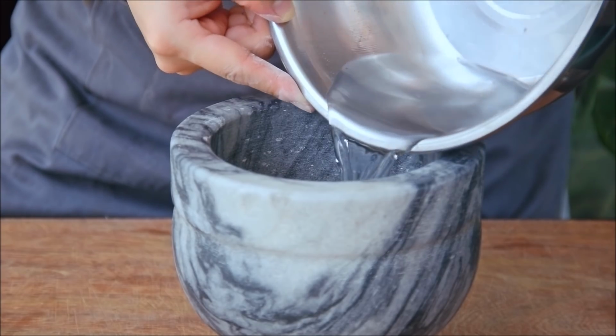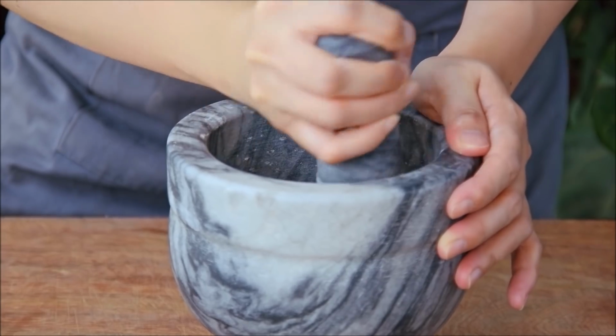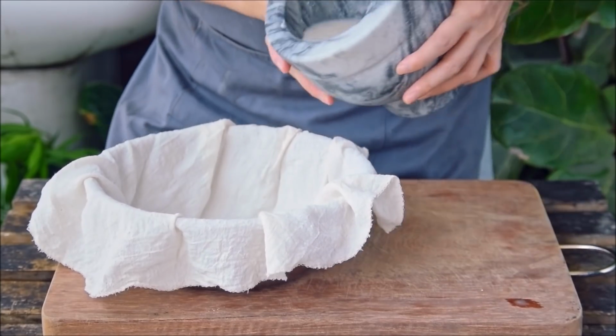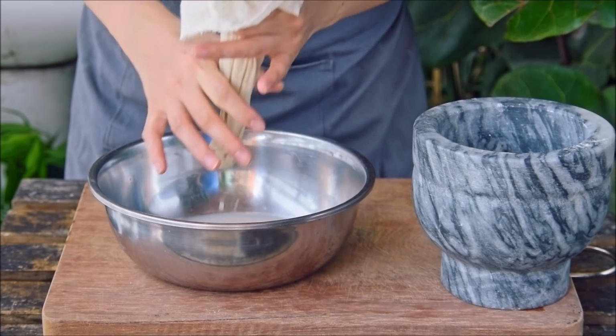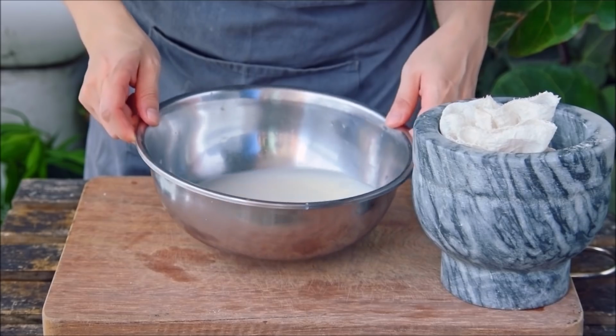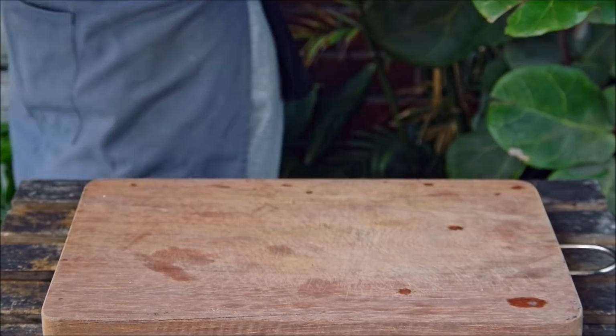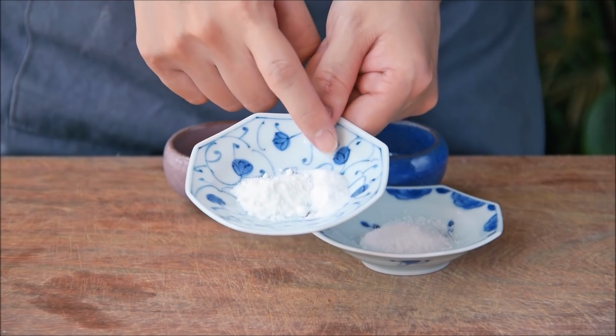So then to those 10 grams of cuttlefish bones, add in your water and continue to pound that together for about a minute. Then pour that through a tofu cheesecloth and squeeze out any excess liquid. Now again, if you can't find cuttlefish bones, don't worry, just charge ahead without, because we've got a few more leaveners on the way. We'll also be adding in 1 gram of baking powder, 2 grams of baking soda, and